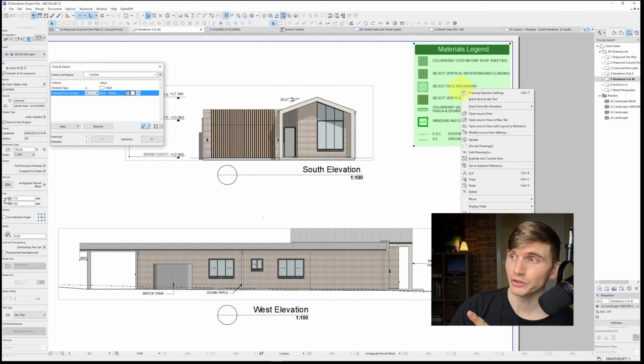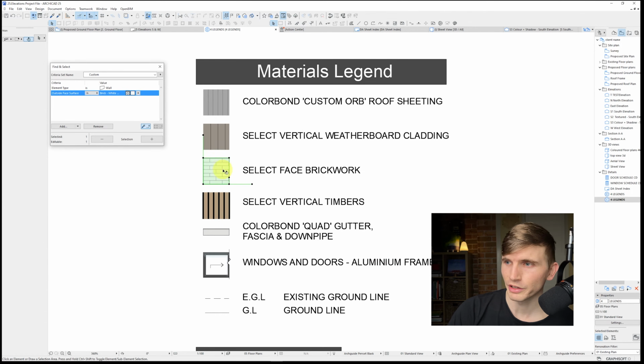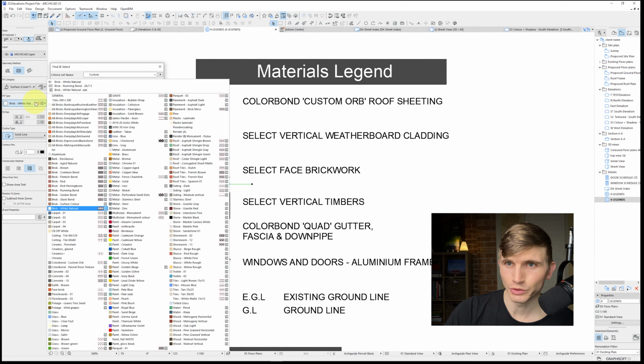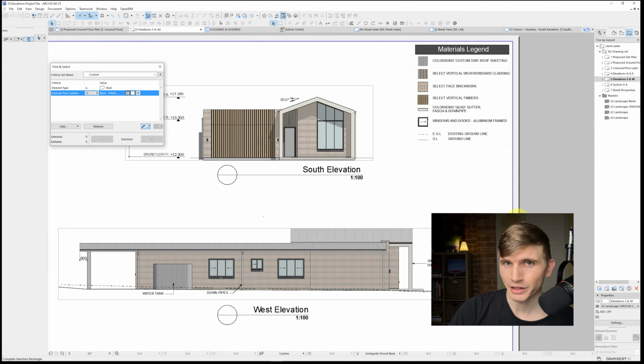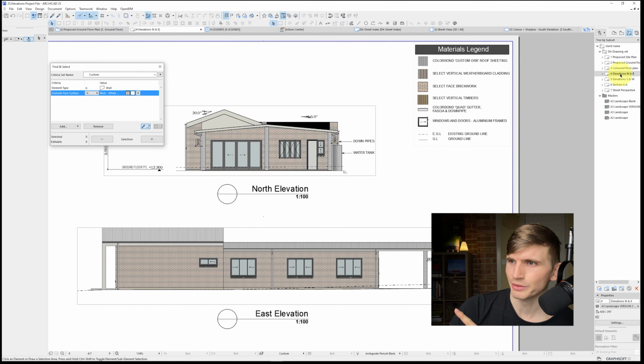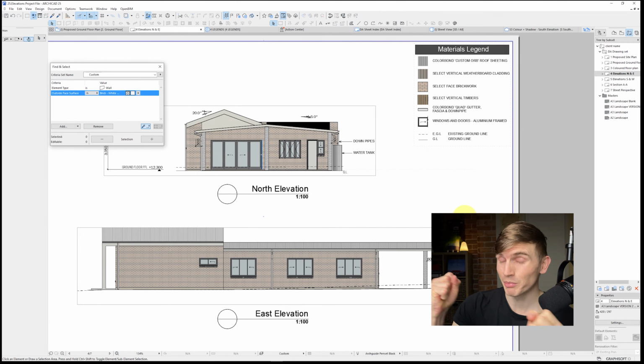If we just go to the materials legend and open up the view, we can select the face brickwork and then go to the surface, and we can change this one to match up with the surface we just selected. Let's go back out onto our page and it's automatically updated. From here on my other pages, let's say I go to this one just here, the elevations have updated and the material legend has also updated, which saves a massive amount of time running around all the different elevations,